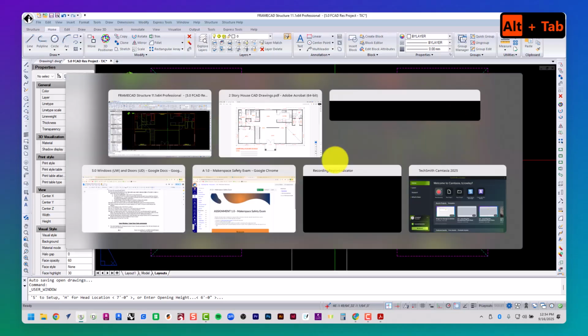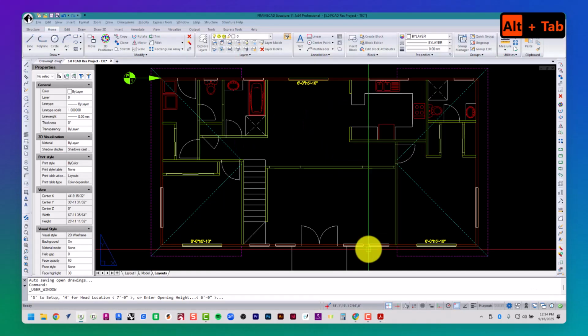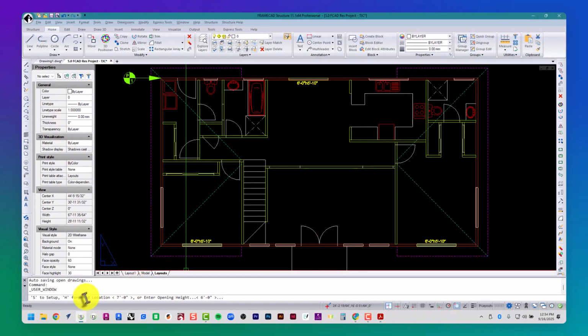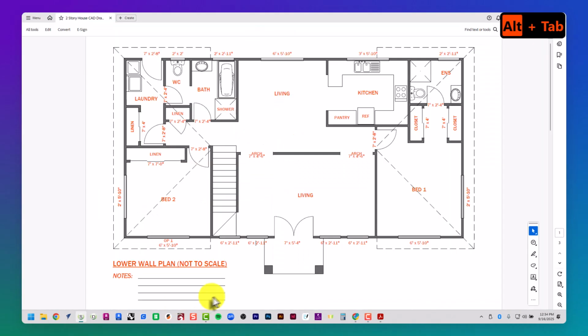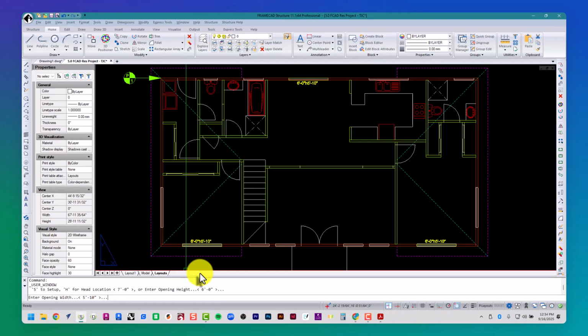I'm going to go back. I'm not going to change my head location, but I'm going to change my opening height. Actually, I'm not going to change my opening height. So I'm going to hit enter to leave this 6 foot opening height. Now the width I am going to change to 2 foot 11 inches. Enter. And then using center,